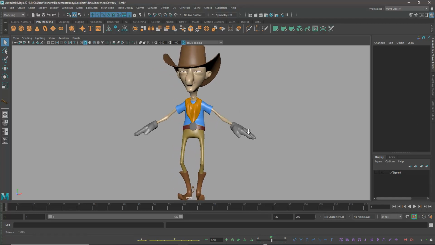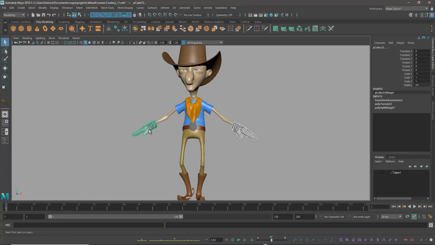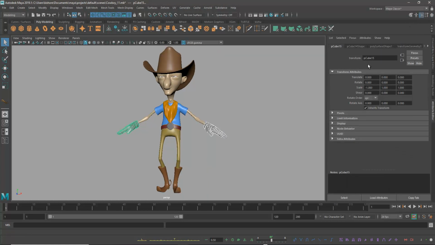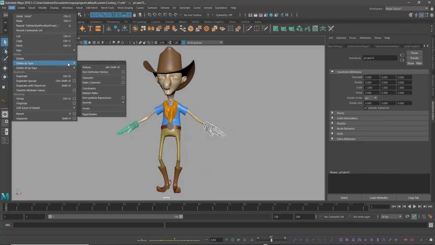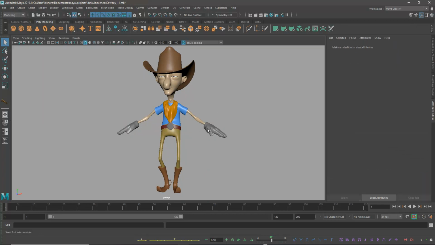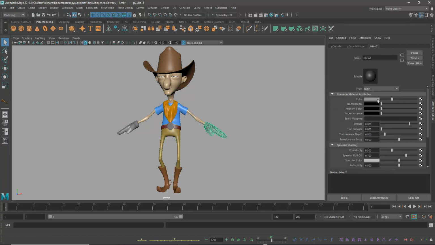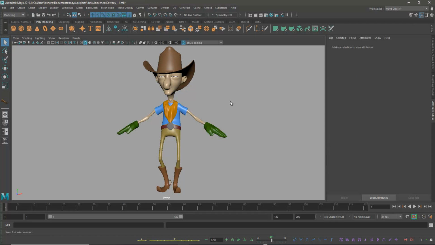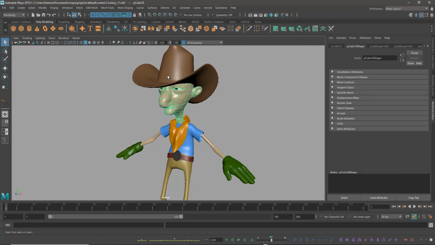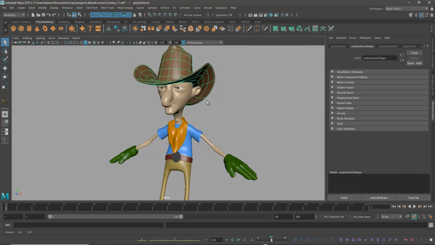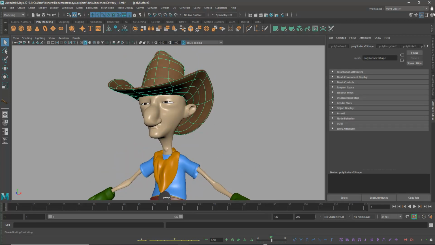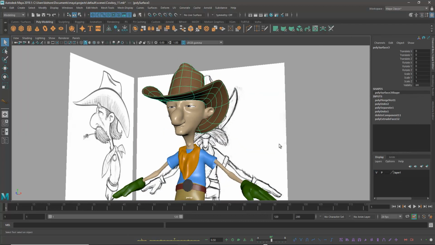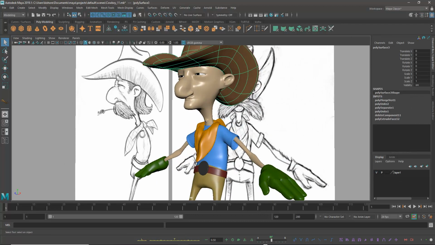Here we have done almost the Mulligan modeling part. So in this, what we are doing, let me delete the history of this particular stuff. Just let me change the color a little bit, a dark green kind of color. We have merged and combined all these things. Now we are going to work on the mustache and hairstyles.